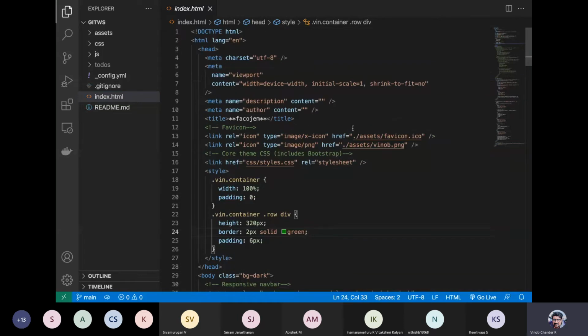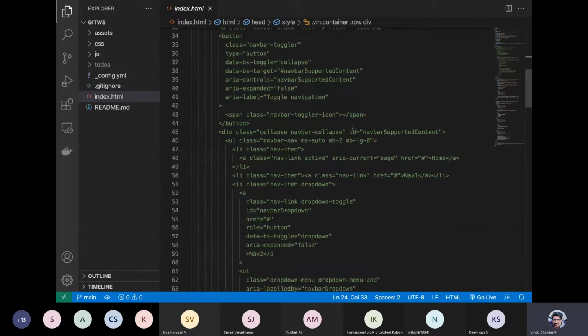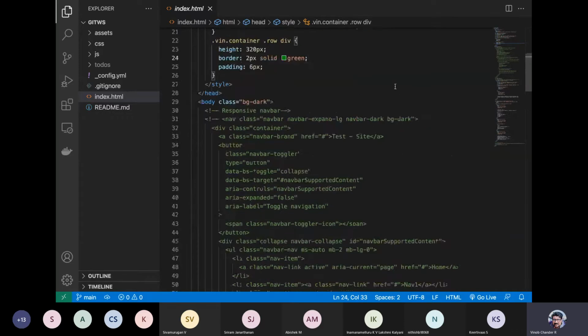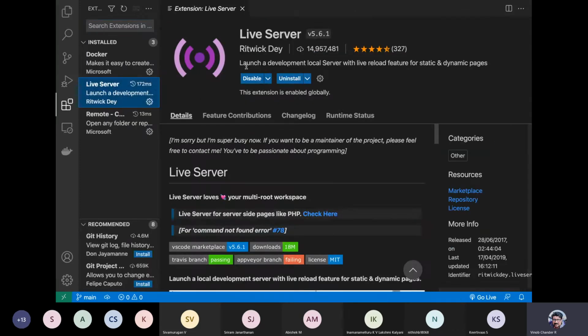If you are following along and have the same kind of environment as I'm doing here, you can open this HTML file in a browser separately, or you can also run a live server. If you have not already installed a live server, you can install it from the extensions. I have already installed it. Just type live server and install this live server extension by Ritwik Dey. This will give you a lightweight small web server that you can use for testing your HTML files locally.